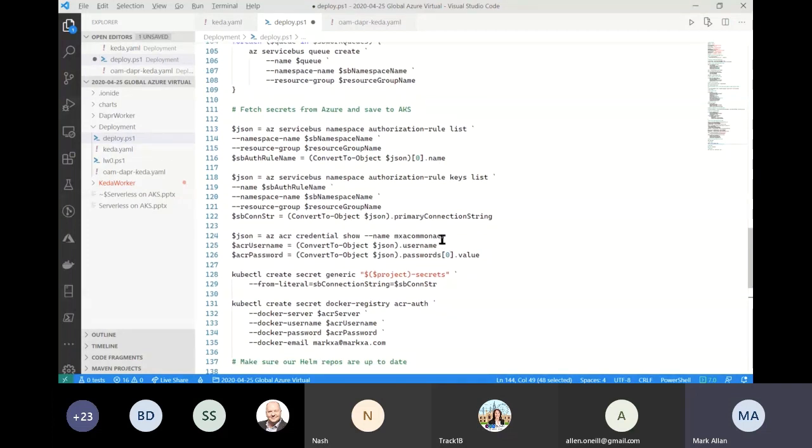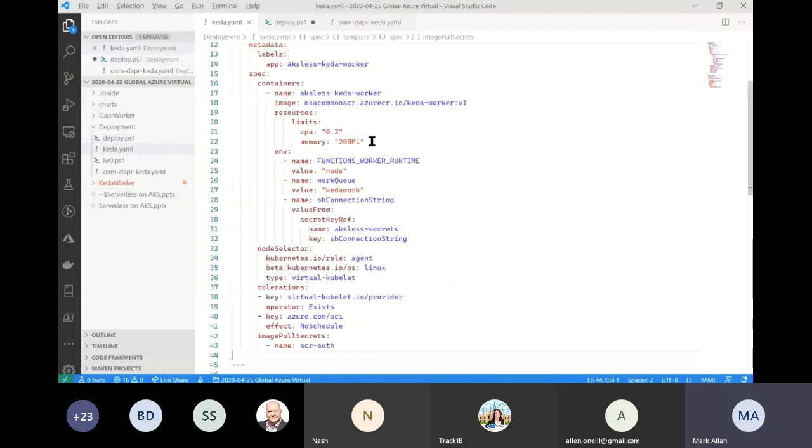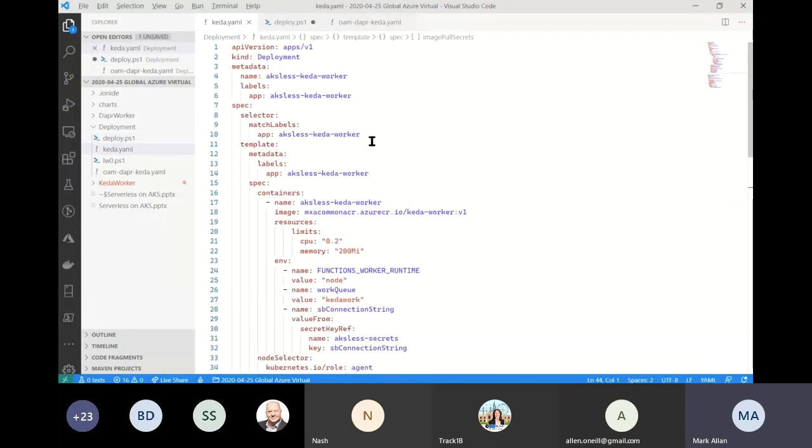Now, obviously, I'm not going to run that live here because that takes 5 to 10 minutes and we ain't got time for that. But once we've done that, then we can do good old YAML, the thing that defines everything in Kubernetes. So this is essentially my desired state of Kubernetes in here for the thing that I want to do with KEDA.